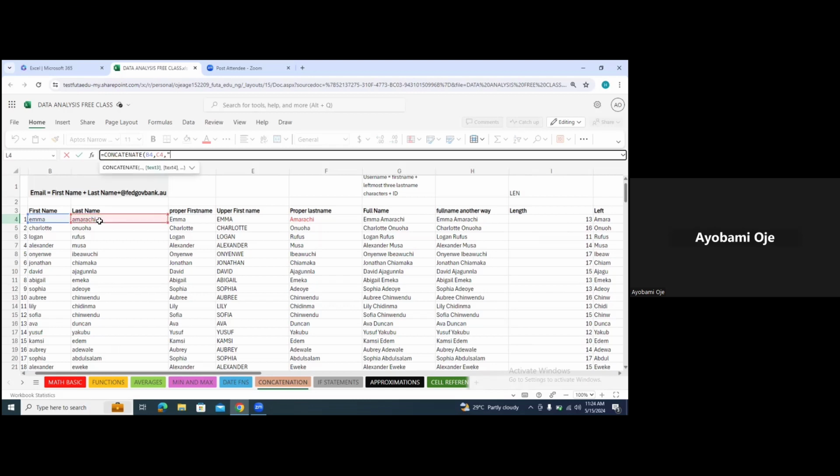So I'm going to say at federalgovernmentbank.au, right? The reason I'm inputting the quotation marks is because I'm putting a string after those cells. Anytime you are inputting a string in any data analysis software at all, a string must always be in quotation marks. That's a law. A string must always be in quotation marks, and that was why I inputted the space in between quotation marks the other time. So if I click enter now,